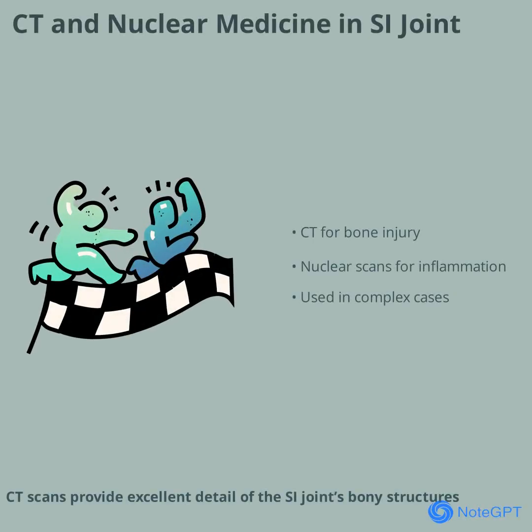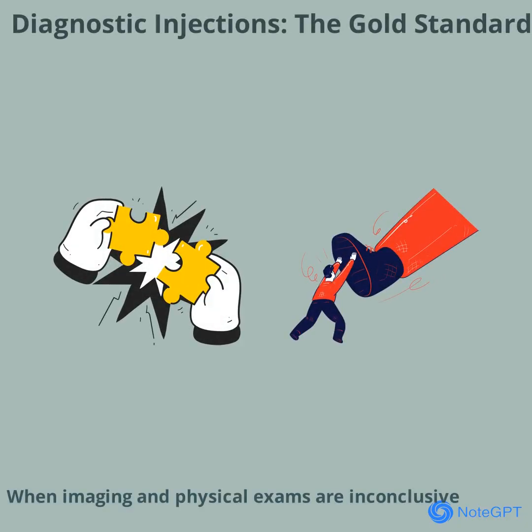CT scans provide excellent detail of the SI joint's bony structures, making them ideal for detecting fractures, erosions, or cortical irregularities. They are especially useful when MRI is contraindicated, such as in patients with pacemakers. Nuclear medicine techniques, like SPECT-CT, can localize areas of increased metabolic activity, suggesting inflammation or infection. However, these modalities are typically reserved for complex or unclear cases, as they are less sensitive for early inflammatory changes compared to MRI. When imaging and physical exams are inconclusive,